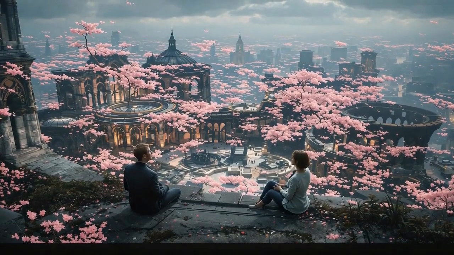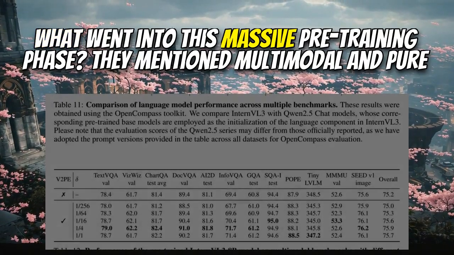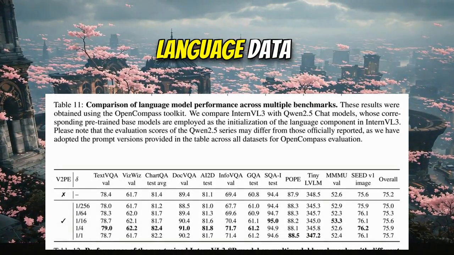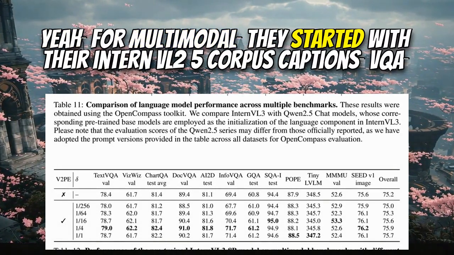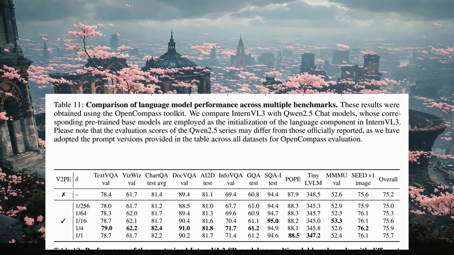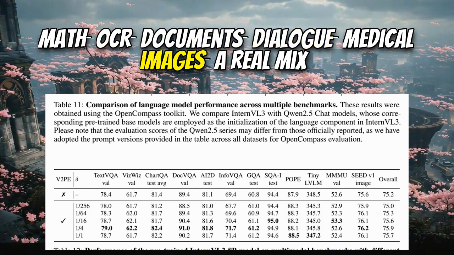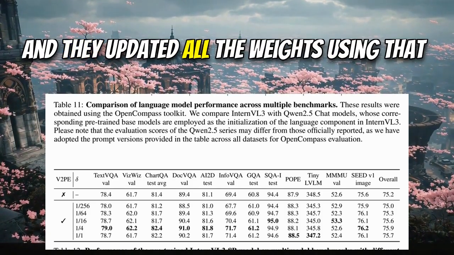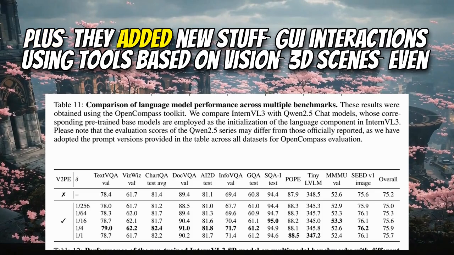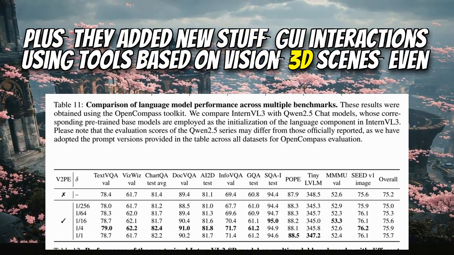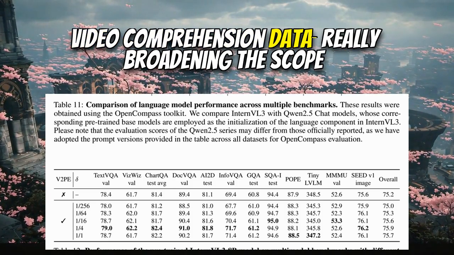Okay, let's talk data. What went into this massive pre-training phase? They mentioned multimodal and pure language data. Yeah, for multimodal, they started with their InternVL 2.5 corpus: captions, VQA, math, OCR, documents, dialogue, medical images, a real mix. And they updated all the weights using that. Right. Plus, they added new stuff: GUI interactions, using tools based on vision, 3D scenes, even video comprehension data,